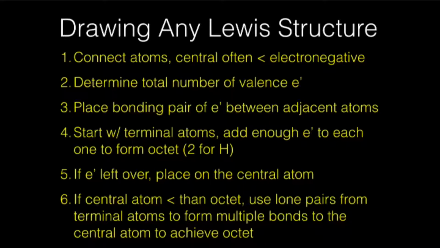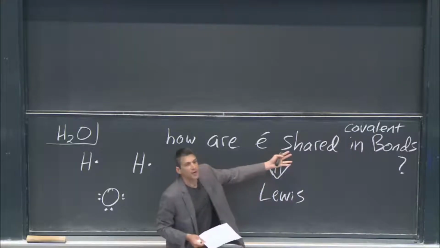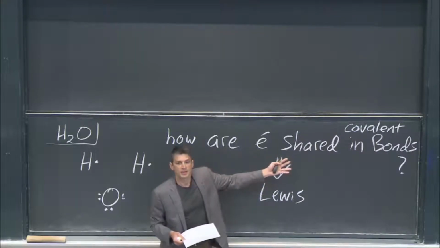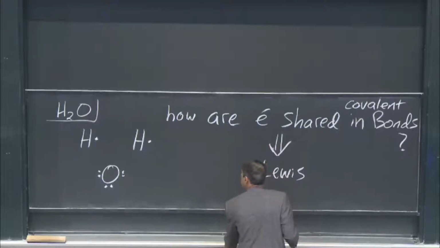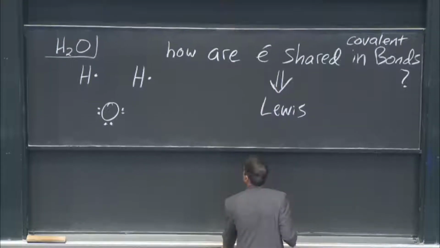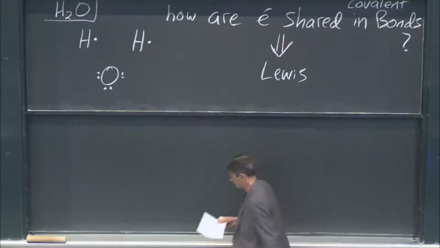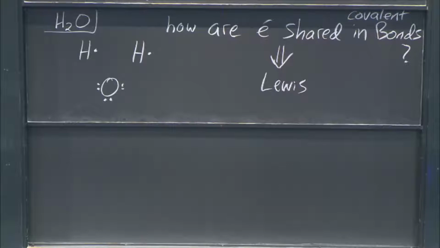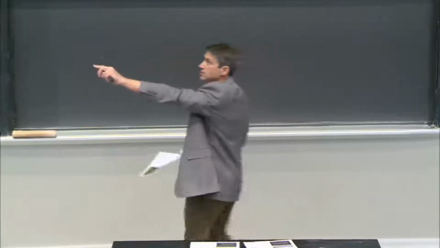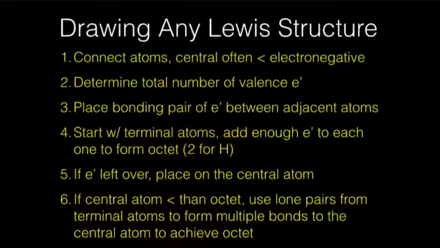This is the recipe for drawing Lewis structures, and Lewis structures tell us how electrons are bonded in these molecules. Let's follow this for water. We're going to go through this recipe. For the first part, steps 1 through 6, I will write 1 through 6 for the example. I will parallel that recipe.